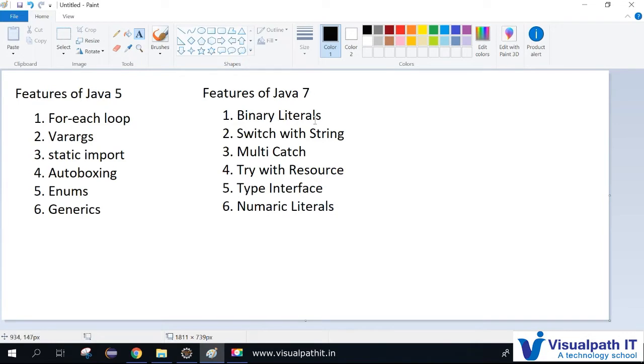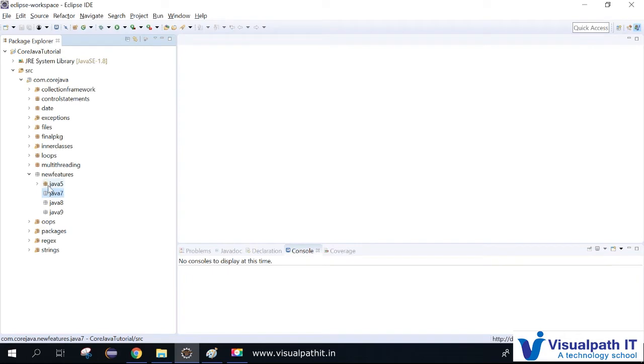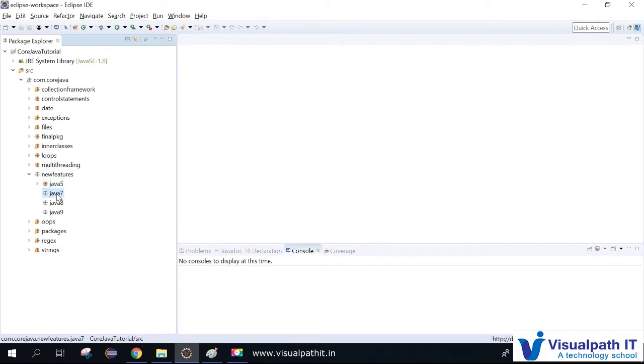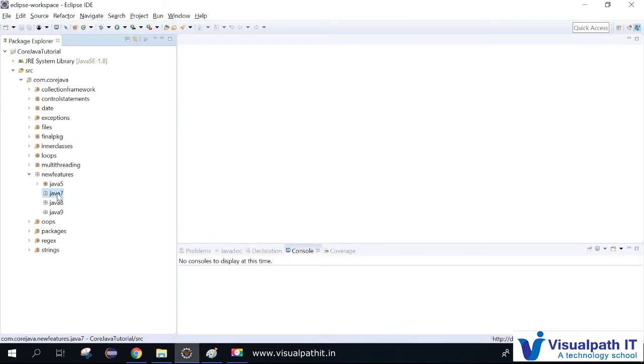So first we can see binary literals. In our example, so far Java 5 has all the features we implemented in the previous video. Now I'm creating a new file for Java 7, which is the binary literal example.